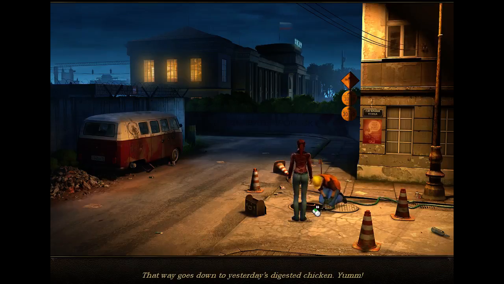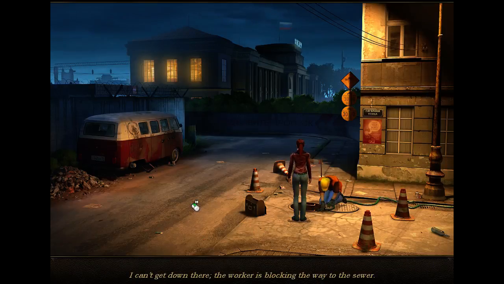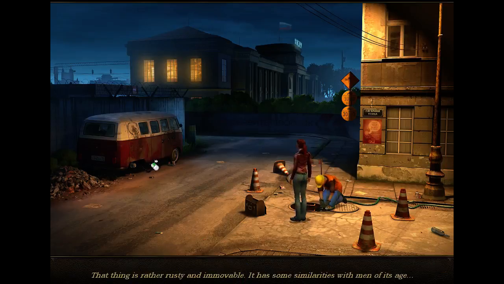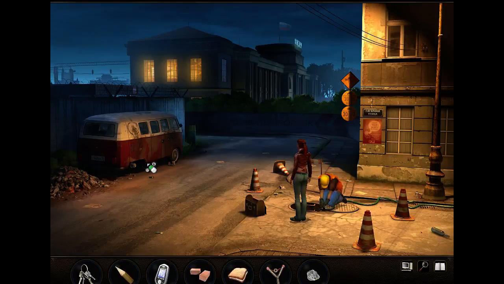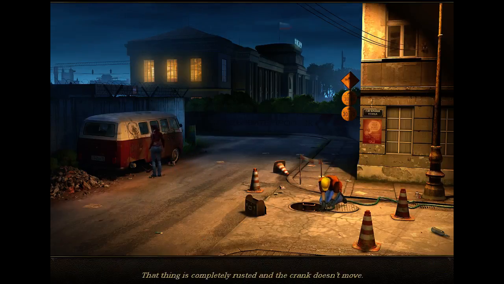That way goes down to yesterday's digested chicken. Yum. I can't get down there. The worker is blocking the way to... That thing is rather rusty and immovable. It has some similarities with men of its age. Rusty. Even with wheels, that... Talk about the wheels. Rusty carjack. That thing is completely rusted, and the crank does...